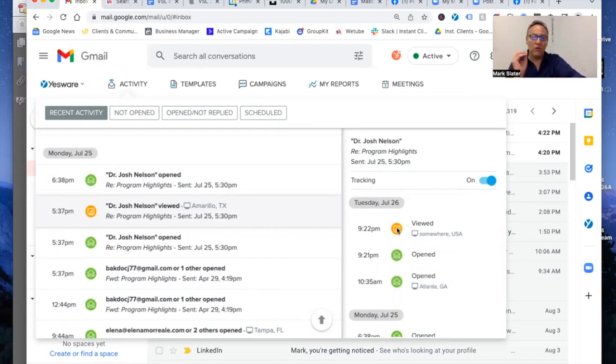So this is where you can hold the attorney accountable and prevent him from pulling the wool over your eyes that he never received it. Now you have documented evidence that they did get your email, they did open it, and they did open your attachment. Yesware is a great little software, a little sneaky, to let you know if attorneys or anybody open your emails and if they open the attachment.